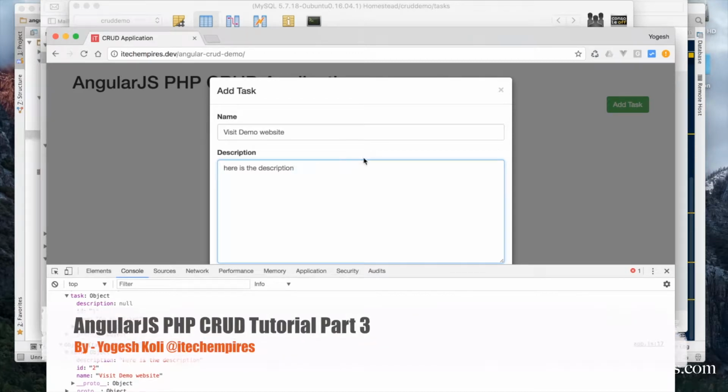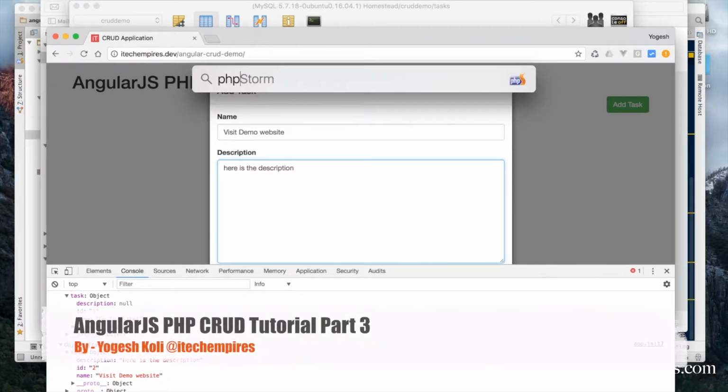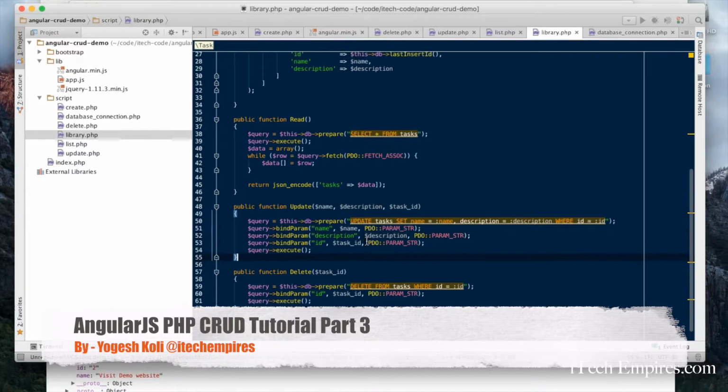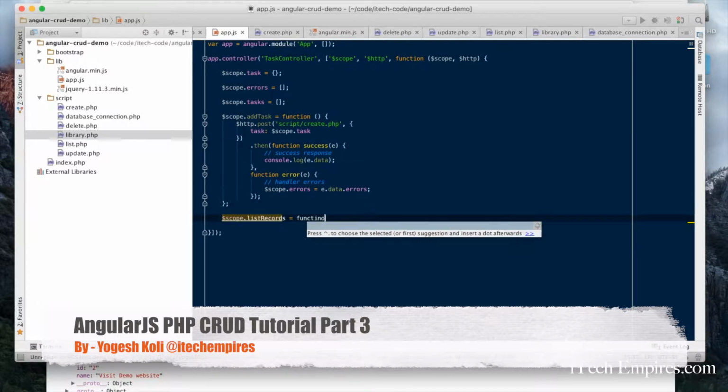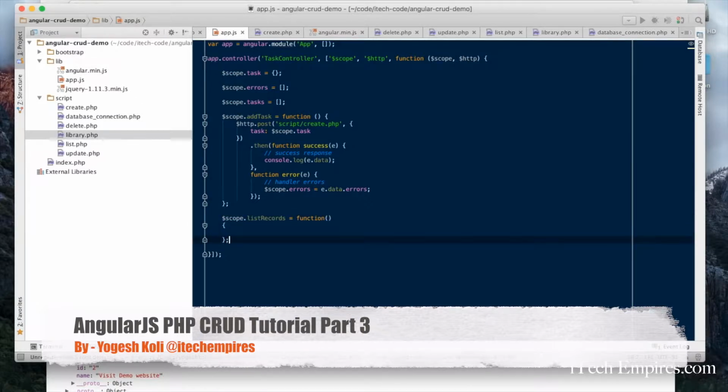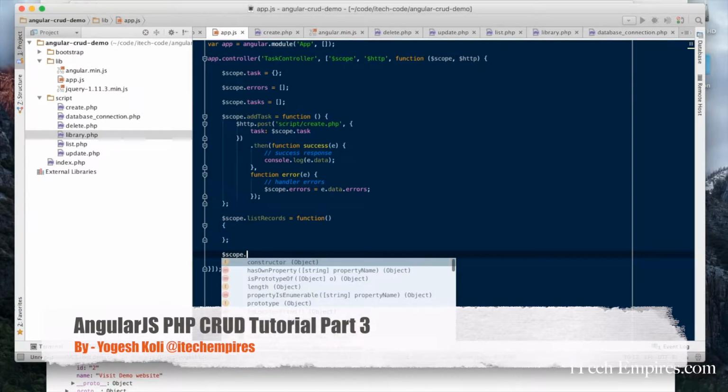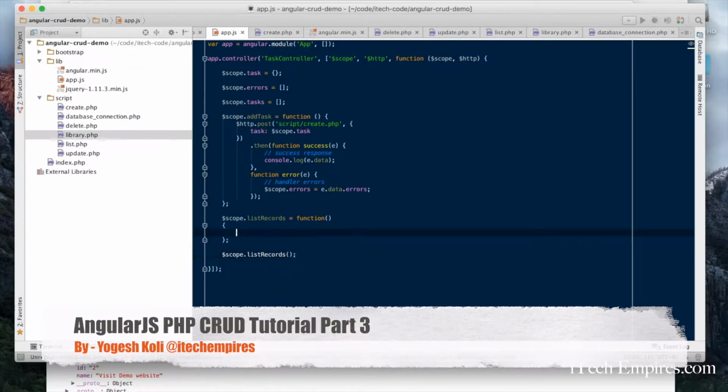Now how about listing? Let's start and list out our records first. So we need to add a simple method here, list records, and then simply call this method here. Okay,